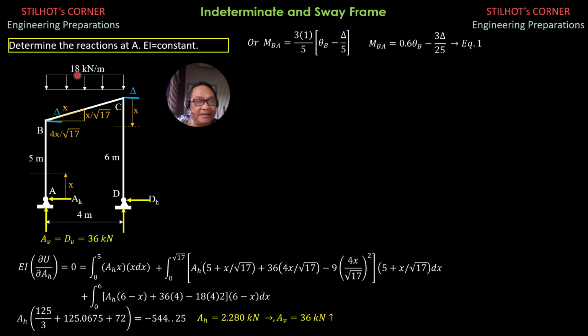which is negative 18 times 4 square over 12. Even if you recompute the intensity of the load and it is distributed over this square root of 17-meter length, the value will change. So it will now be 18 times 4 divided by square root of 17. And there are two components. One is perpendicular, the other is tangential, or along the axis of the member.